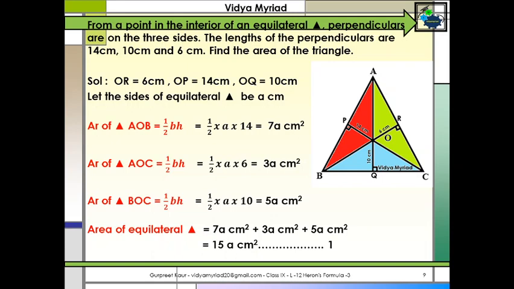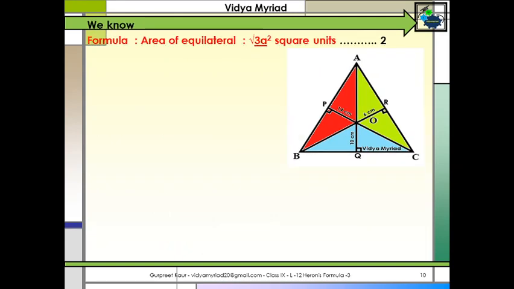Okay. Now they are asking us to find out the area of a triangle. That's okay, we have found out. But if I want to know what is A, an answer cannot come in A. I can easily find out what is A because I know the formula of an equilateral triangle. We have done it earlier also. You can go through previous slides. With the help of Heron's formula we can find out, but I am writing it directly over here because it is the actual formula of equilateral triangle, that is root 3 upon 4 A square. Now we have calculated earlier. I have taken it as equation 1 and equation 2. Let us equate both of them together.